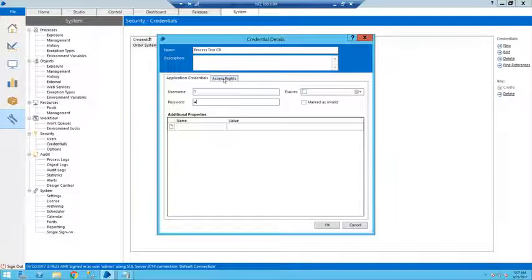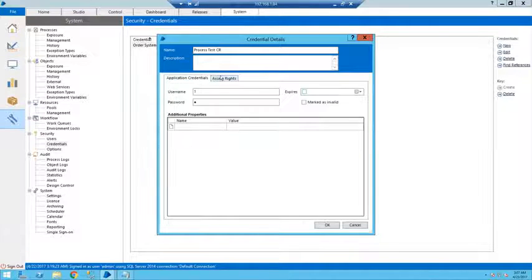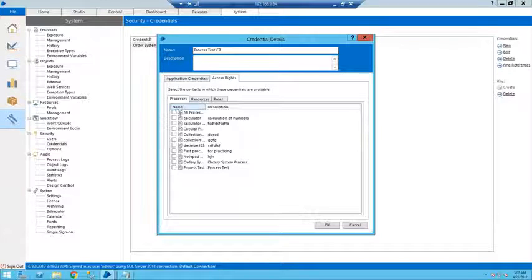And I have to provide access rights to it, that is, on which process I can use this credential. If I don't check any of these processes, it will throw an error that you don't have sufficient rights to access this credential. So I have to select my particular process in which I have to use it. I'm clicking on process test, as I want to use this credential in process test. I have to provide resources as well,